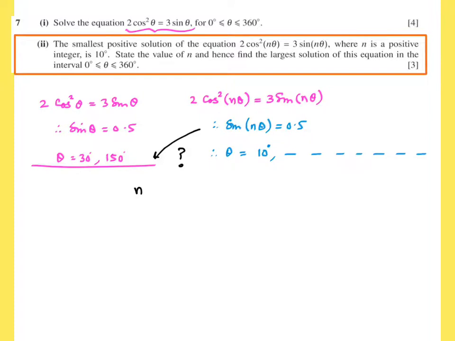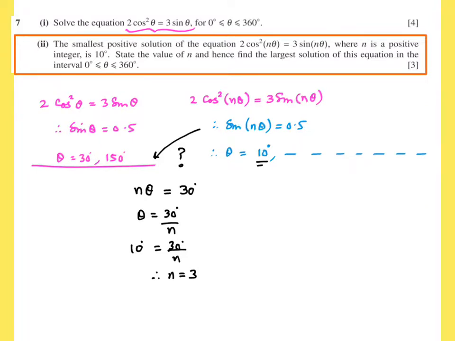So what I can do is say n theta is 30. Basically, the answer came out to be 30 because it was the same original equation. But the value of theta is 30 degrees divided by n. 30 divided by n is 10 degrees. Therefore, n comes out to be 3. So it depends on what your approach is. Basically, since you increase the coefficient of theta, that many solutions would be there, and each solution would be divided by 3.